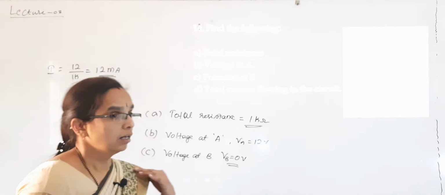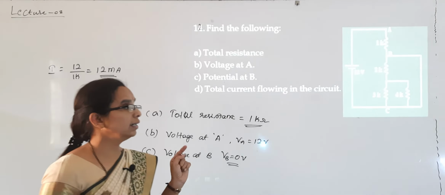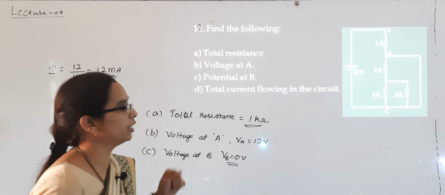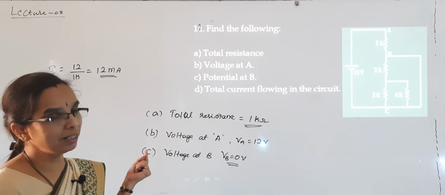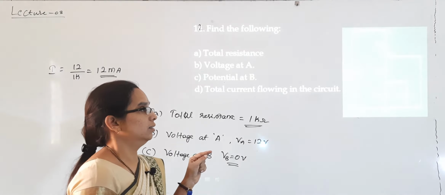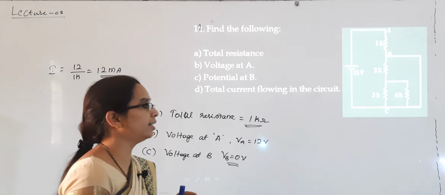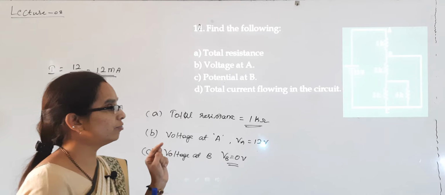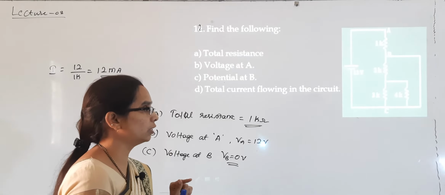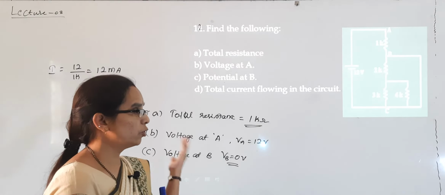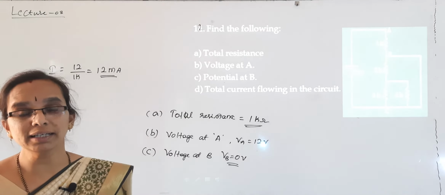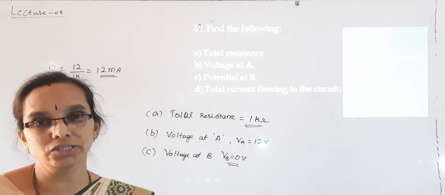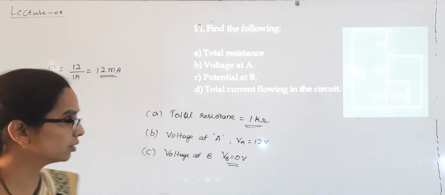Observe, in this, the only thing is they have shorted from point B to point C. Therefore, the calculations will be different. If it is not shorted, then you might have parallel 3 kilo and 4 kilo ohm resistors, and those will be in series with 2 kilo ohm, and completely the values will be changed at that time.